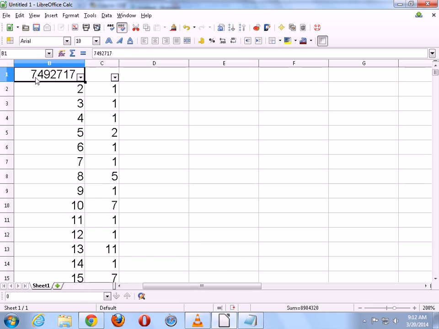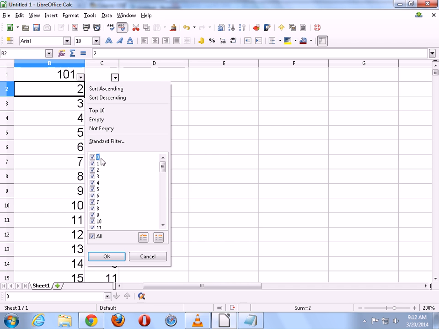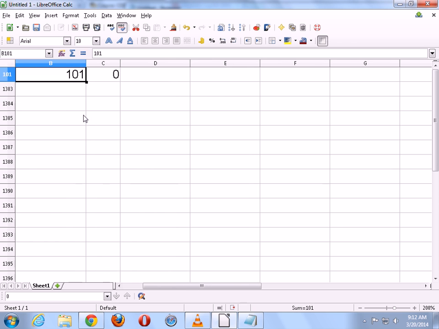And instead of using this number, let's try something that is easier. We'll just try 101, which we know is a prime number. If you look at 101, we won't find a 0 until we get to 101. Let's deselect all and just select the 0 here. So until we get to 101, we don't find any zeros. That makes sense because the one single prime factor of a prime number is itself. In this case, 101 is a prime number, and as a result, it is its own prime factor.